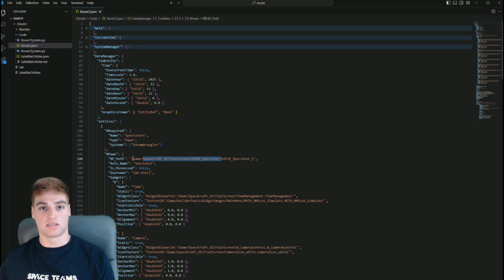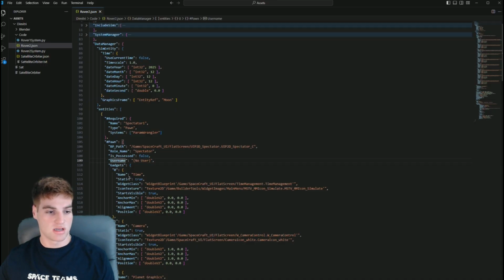For other entities, it is different, and I'll get to that when I explain the rover in just a second. Is possessed, make sure that's false. Username, that doesn't matter. Gadgets, you don't need them in here for this sim necessarily, but what they do